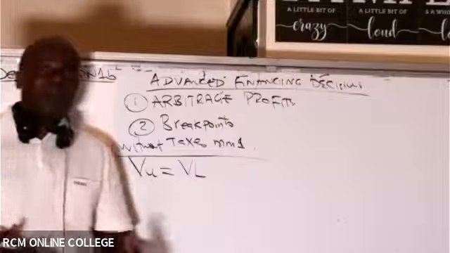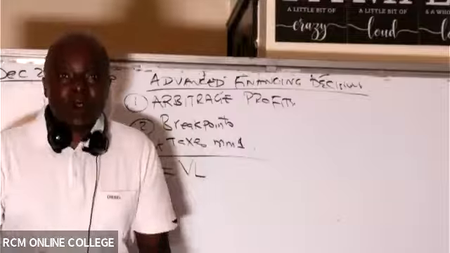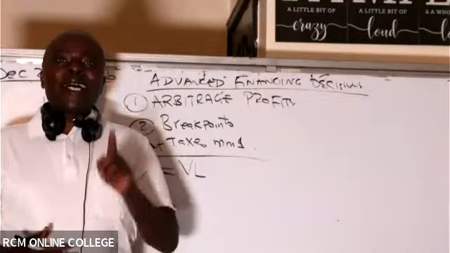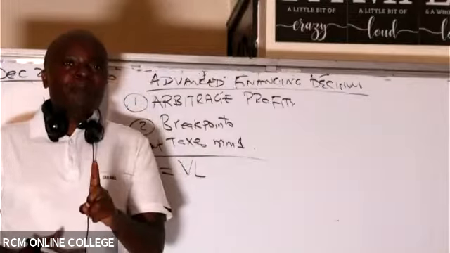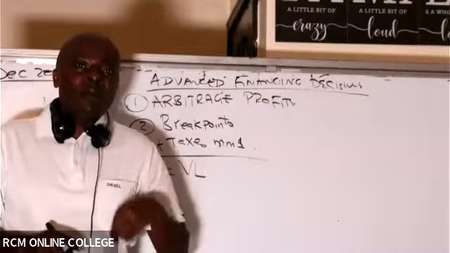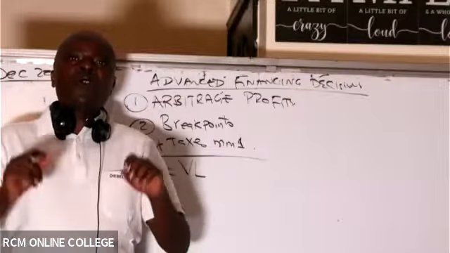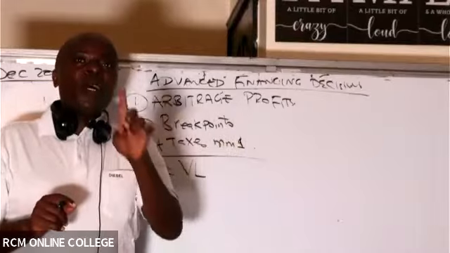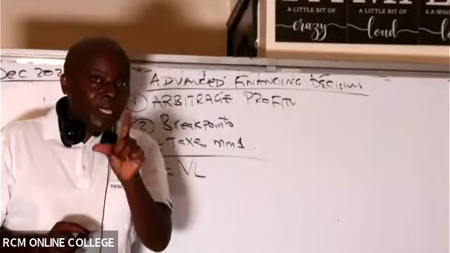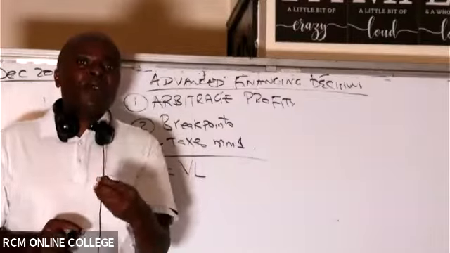Let me give you some background of these concepts here. Remember, ladies and gentlemen, we as finance scholars will always tell you that, hey, always ensure that you have got loans, because if you have got loans, then the interest here will be tax allowable. Even we as individuals, if you have a mortgage, in terms of your PAYE, the tax payable will go down because of the interest on the mortgage. And this concept of saving because of a high interest makes a lot of sense when you look at it